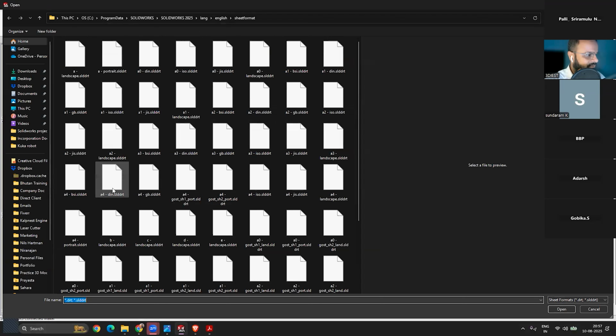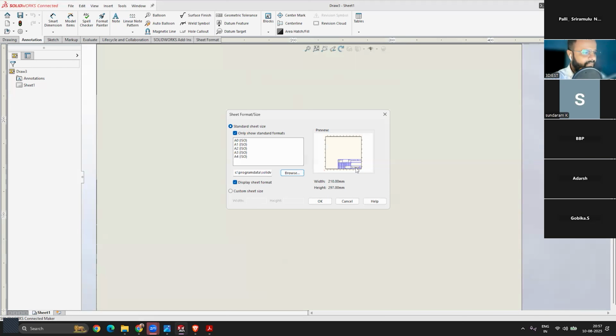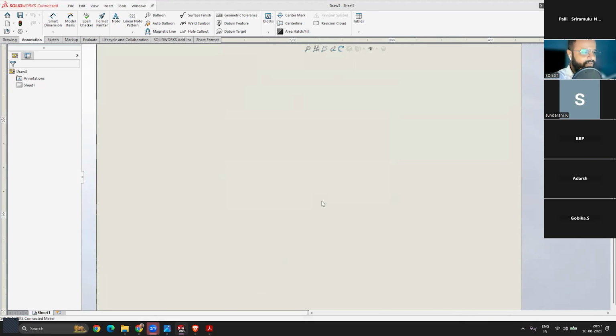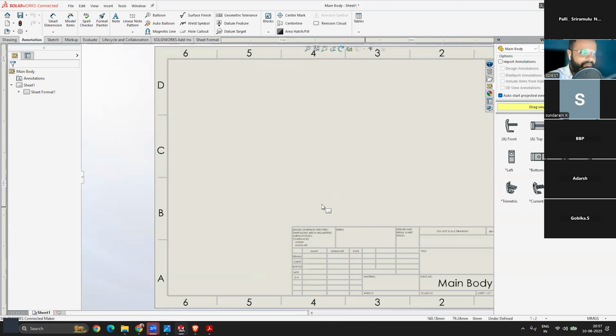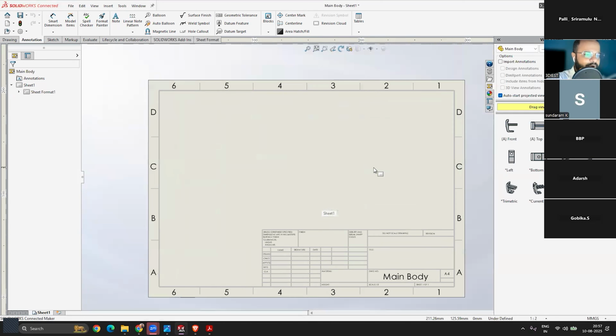Here is the A4 size file format, but we want A4 in landscape orientation. Here you can see the A4 in landscape. I will click on open. So now it is looking good. I will press OK. And this is my A4 file format in the landscape orientation.